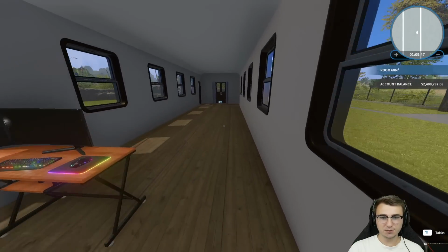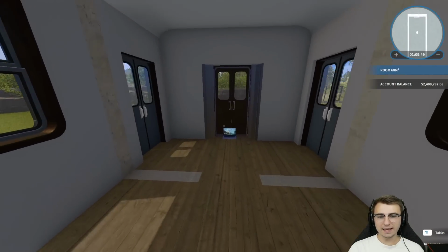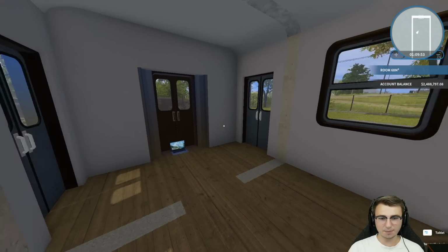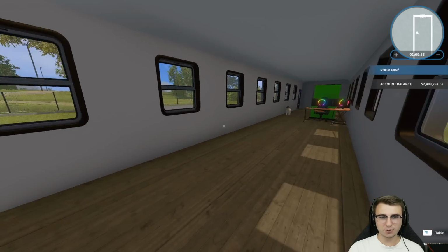But let's head up to the front of the train car. I think up here, well, we're going to need lights. It's very, very dark in here. But I think up at the front, I want to try to construct a...